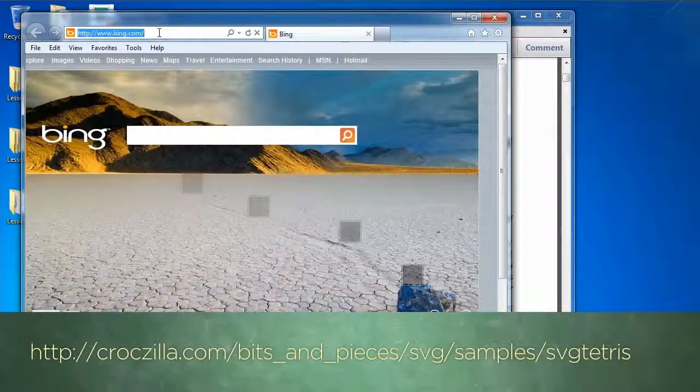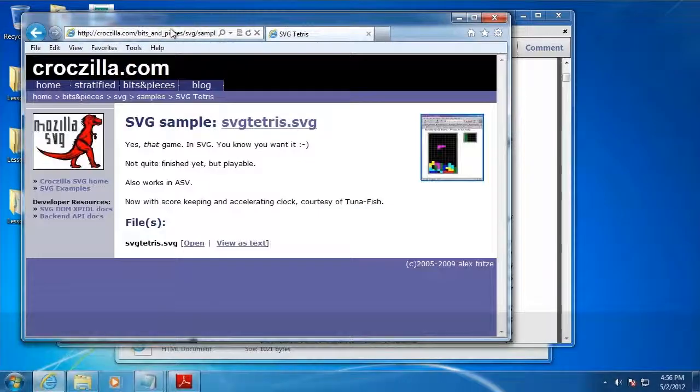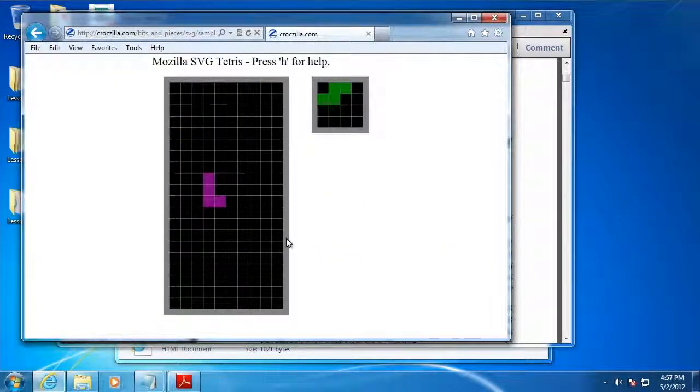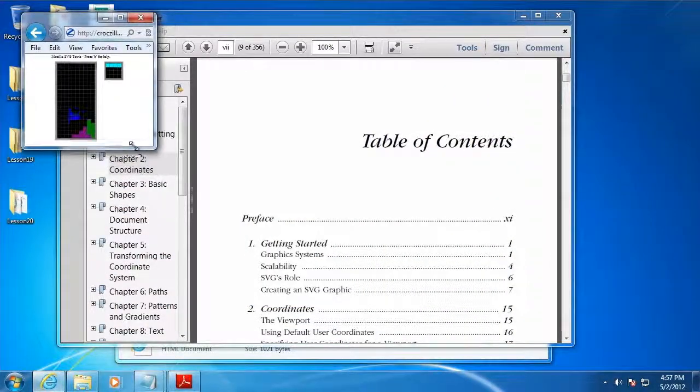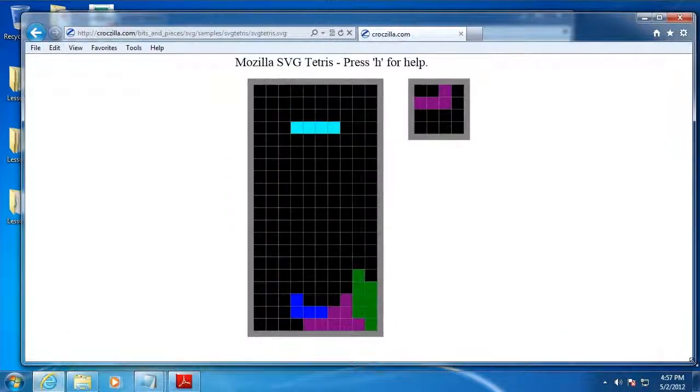video, and that is a game that was created using SVG and JavaScript. And so you can take a look at this SVG Tetris, and I'm not very good at this. I tried it a little bit earlier today. Oh man. However, you are able to play Tetris with it, and look, here's the scalability. Look, I can make it very small and it still retains its shape, or I can make it much larger